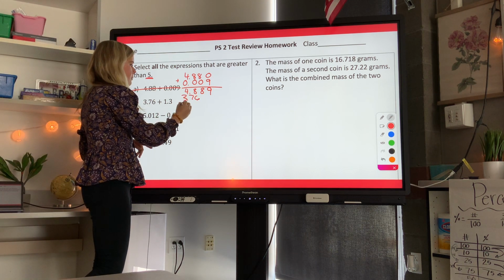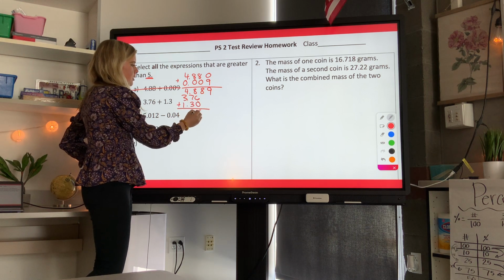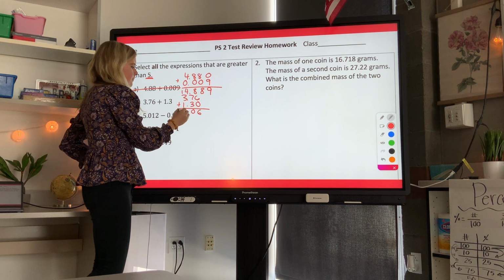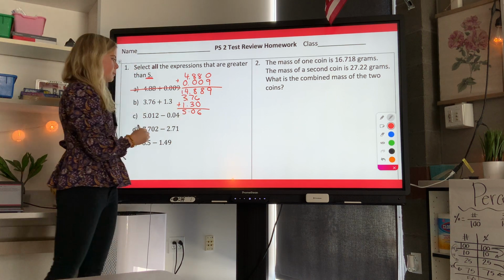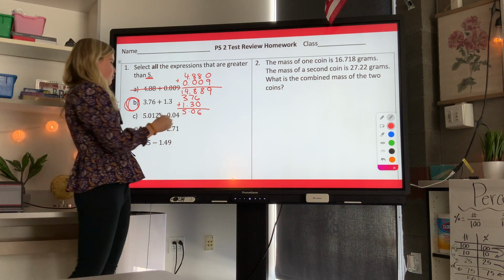Okay, next one, 3.76 plus 1.3. And we can write 1.3 as 1.30. We add them up. And this one is slightly bigger than 5. Okay, next one,